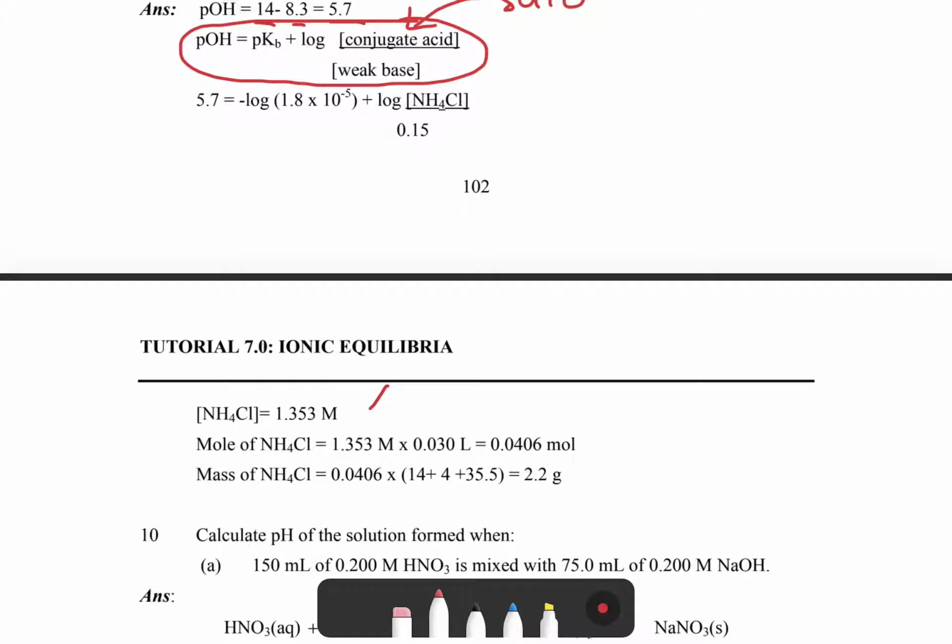So kita tahu untuk cari concentrations, n over V. So kita ada concentrations, kita ada volume, boleh dapat dia punya mole. So from mole dia, carilah mass dia. So mass ammonium chloride is 2.2 gram. Okay, so ini